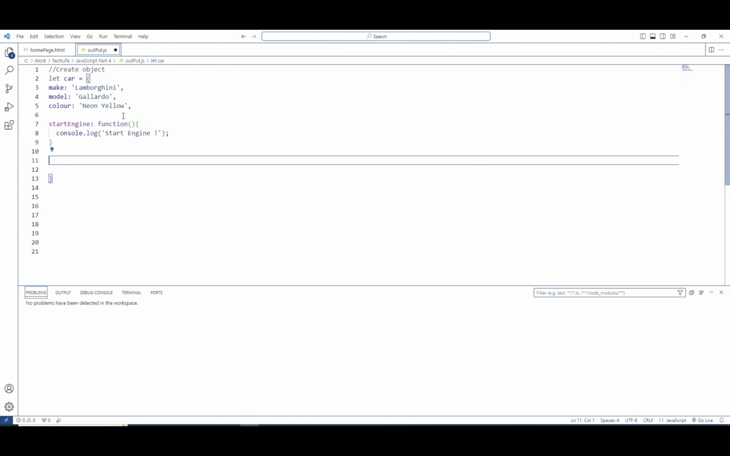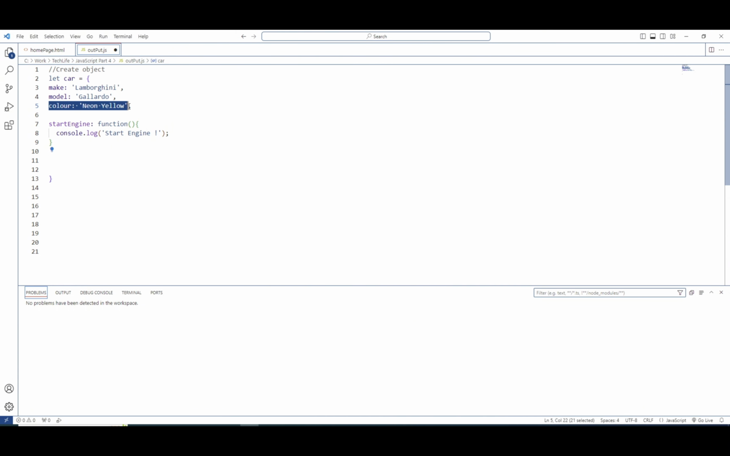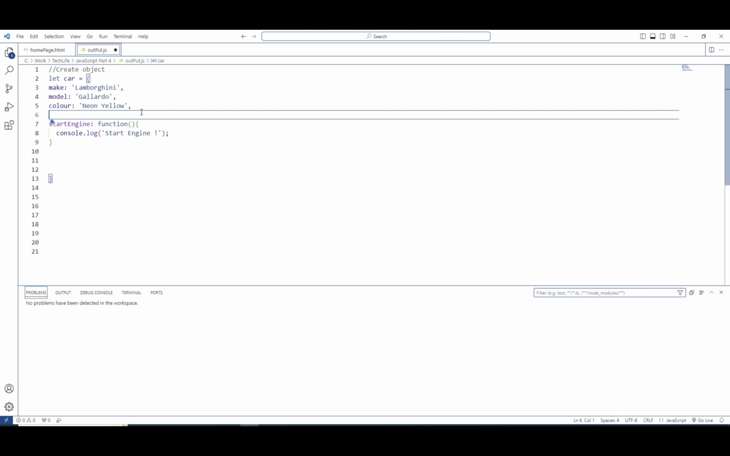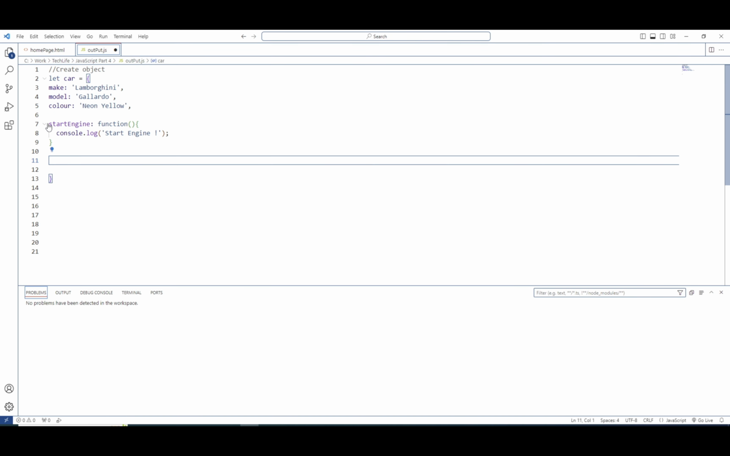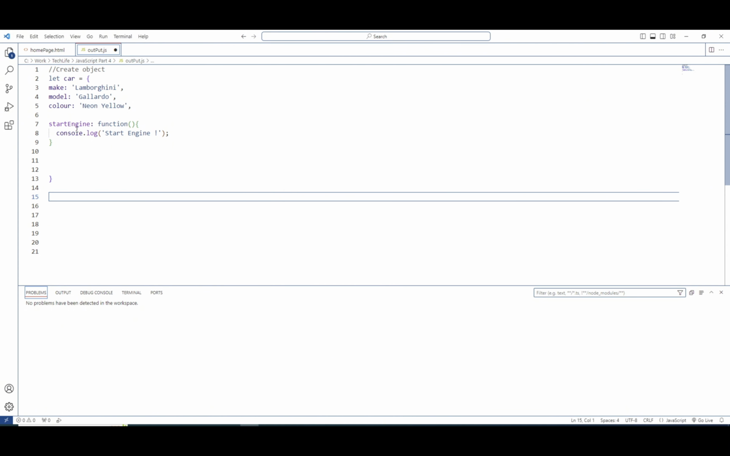A couple of points to note. In order to separate our properties, we use the comma to separate the properties, but we also use a comma to separate whatever precedes the properties. In this case, we've got a function, and it's called start engine. In order to call this function, we can do something like